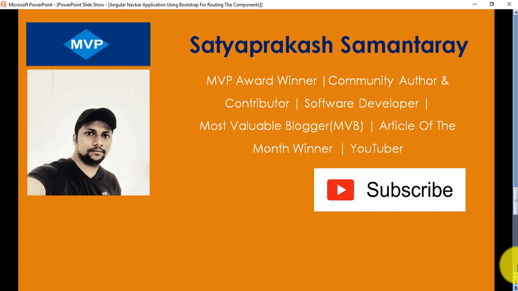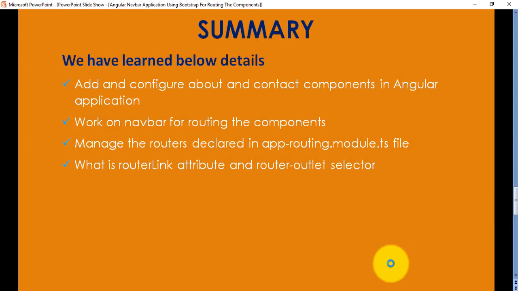So in this video what we have learned today is how to add and configure about and contact components in an Angular application, and work on navbar for routing the components, and manage the routes declared in the app-routing.module.ts file. What is the routerLink attribute and the router-outlet selector?